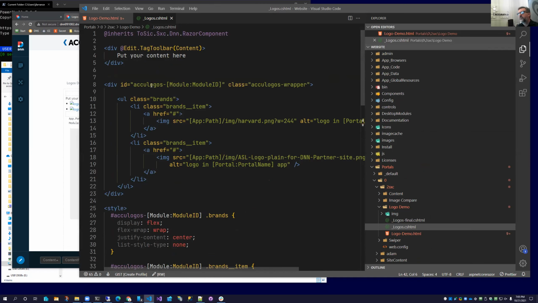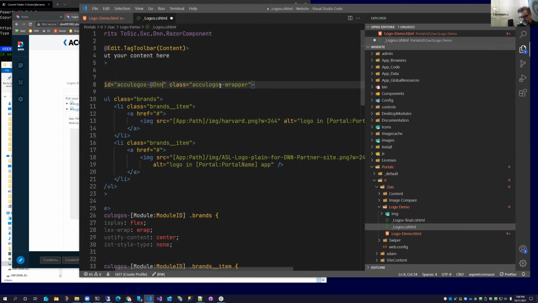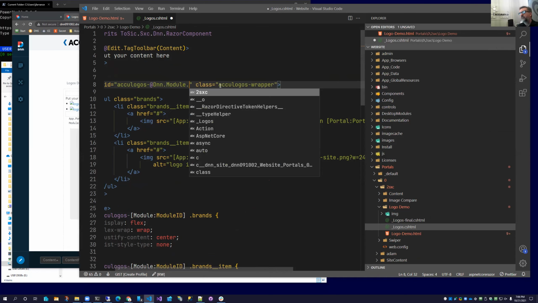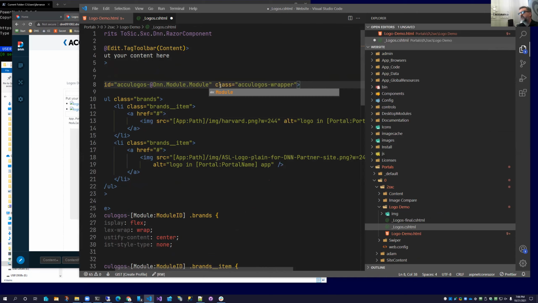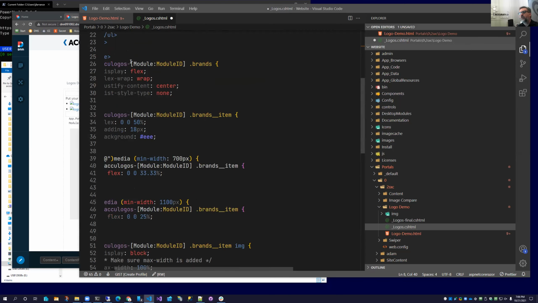So first thing I'm going to do is convert my wrapper. As you guys know, in Razor, you're doing DNN. Module ID is the same as the token you just saw. So that's going to output, give me an idea of AccuLogos dash, probably something like 431 or something.